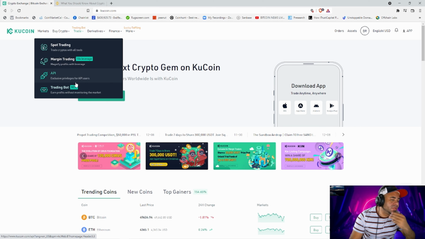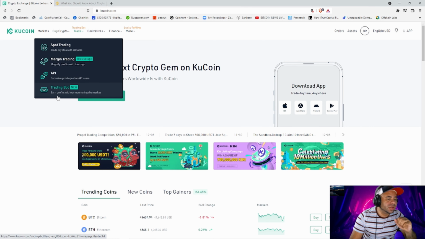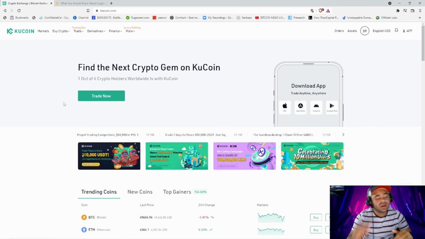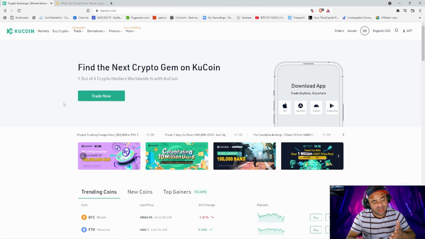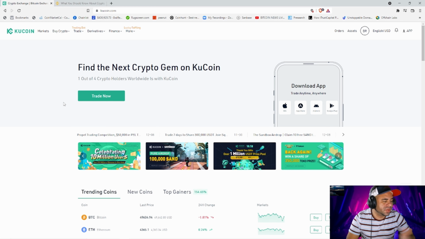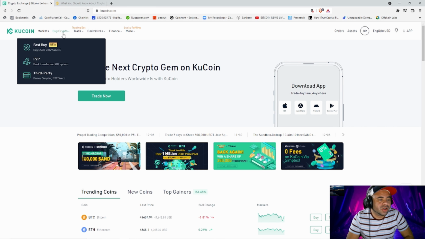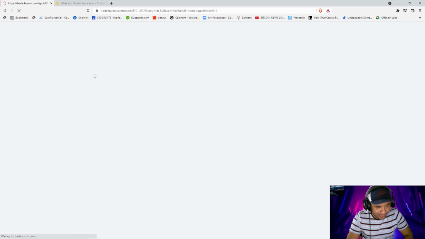API, exclusive privileges for API users, where you can integrate into the API, and then they also have trading bots, which can allow you to get better trades in by utilizing those. And those typically cost a fee. You pay the person who provides the bot, and the person allows you to utilize the bot, and they could usually charge per transaction, so on and so forth. There's better platforms for bots, I would say, so I wouldn't use their interface for bots in my own personal opinion. So if I wanted to come here and I wanted to go to spot trading,